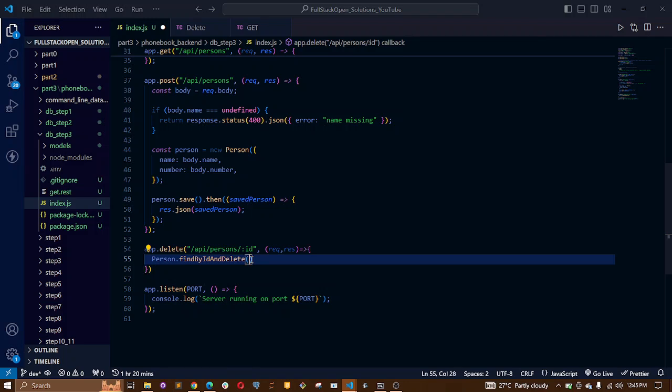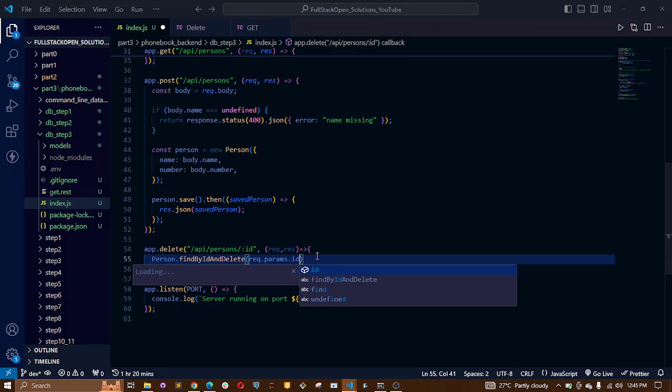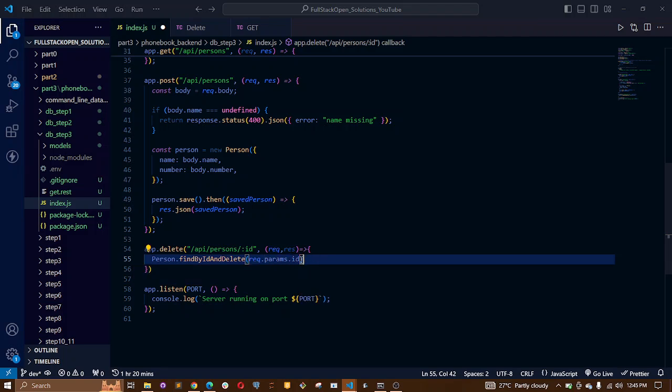So we say req dot params, excuse me, params dot ID, right? Now this req dot params dot ID, this represents the ID that is passed in through this endpoint here, right? So once it finds this ID in the database, it locates the data bearing that ID and deletes it. That's the idea. So we say dot then,